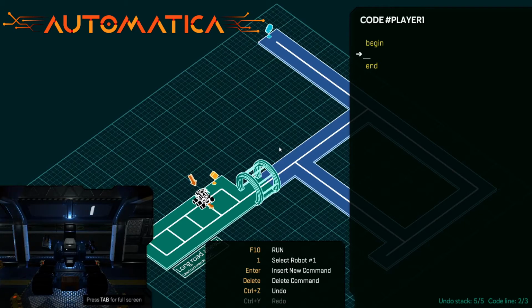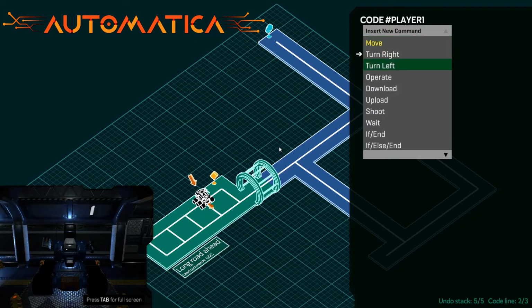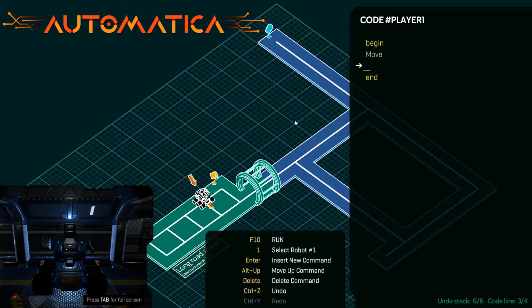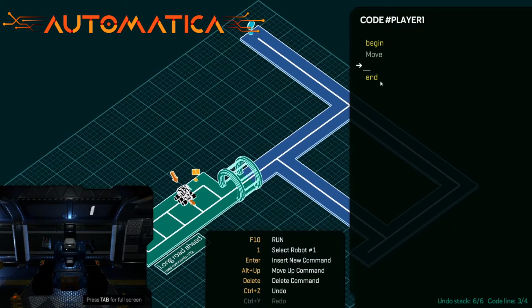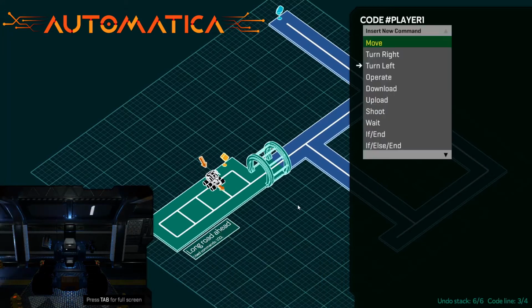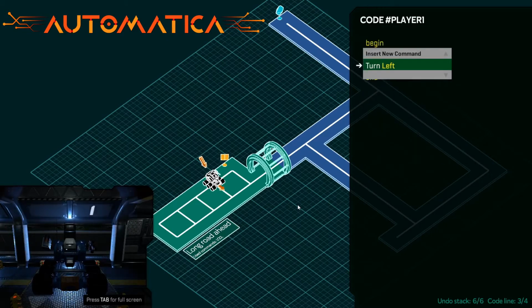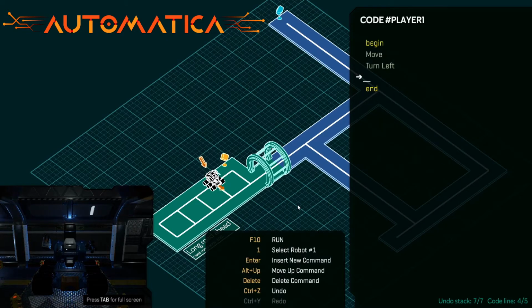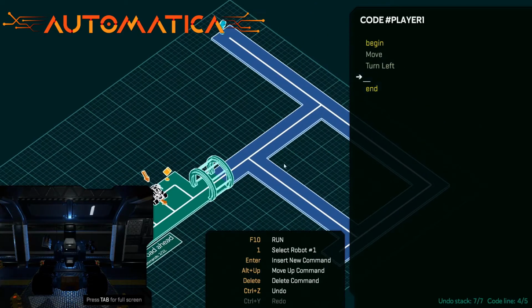I can press enter again and choose the command move because I want to move ahead, turn left and move to the wall. The faster way is that I just press enter and, with this list of commands opened, I start to type like left and press enter. Fine. Now I'm standing here and I need to get to the wall. So how to get there? Of course I can just press move,